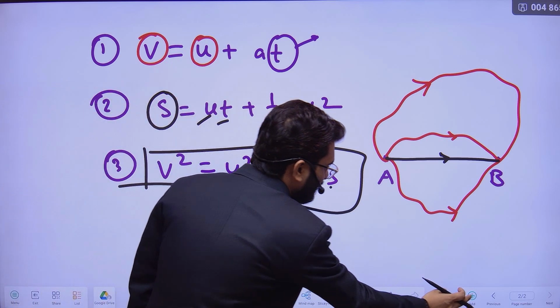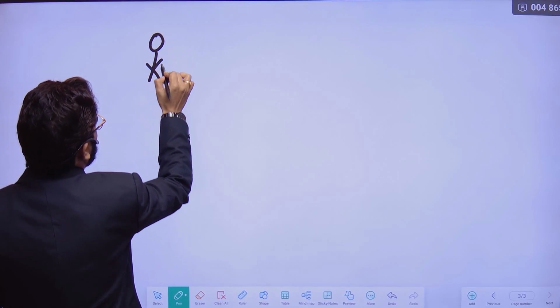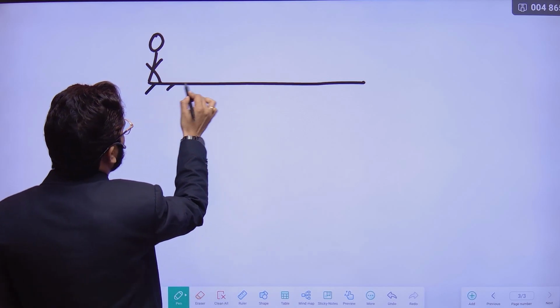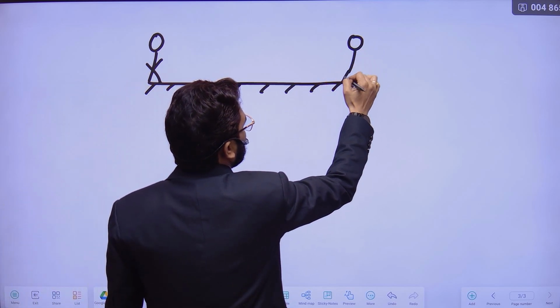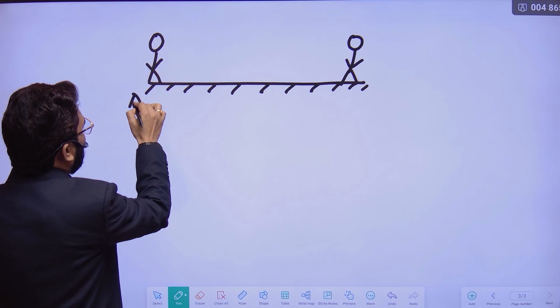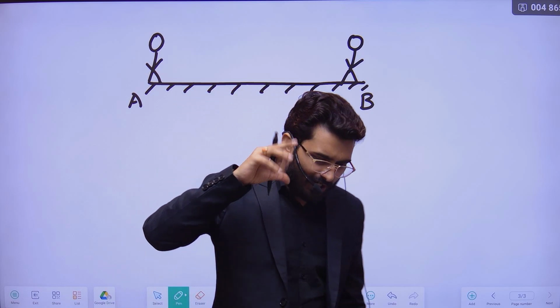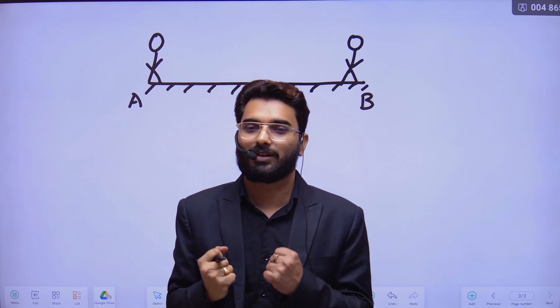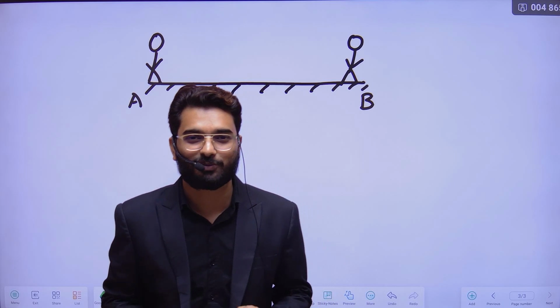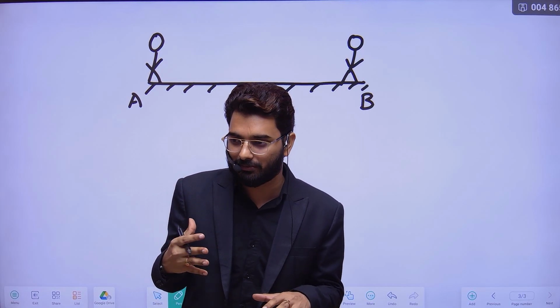First of all, we take an example to understand the equations in detail. This is a person who is moving from point A to point B. You can think about how you walk every day. Somebody may say, no sir, I am just sitting, I am always at rest. Is it possible? No, it's not possible. Everything is moving, and actually we are moving.